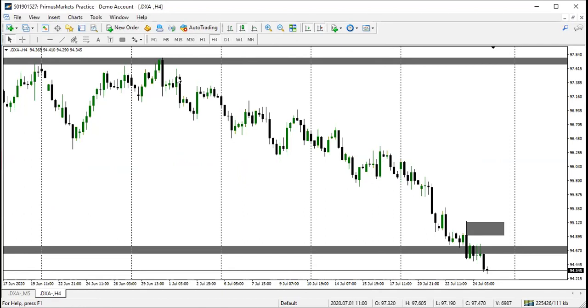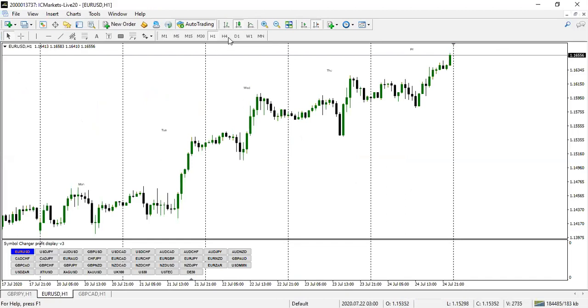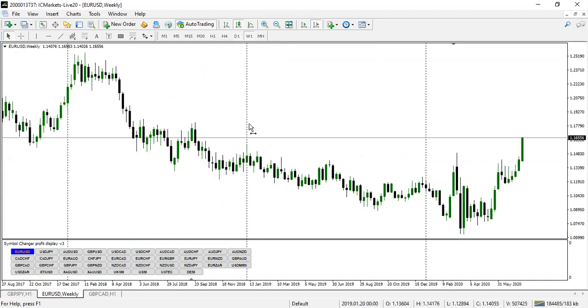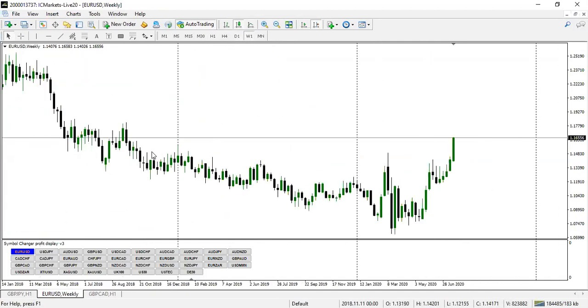So let's quickly go into Euro USD, right? Just like what we've seen there, it took out liquidity. On the weekly time frame, we can see that just like what is being printed on the dollar index, the same is also in this area, as you can see. This is actually another block that's not been retested before.